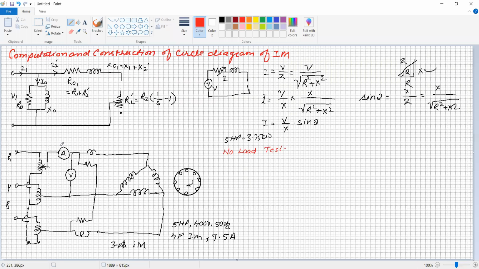In this no load test, the current will be very small, so we will take a 0 to 5 ampere range of ammeter. For the voltmeter, we are applying the rated voltage, so it is a 600 voltmeter, because a voltmeter is available as either 300 volt or 600 volt, since we are measuring the voltage between phase to phase. This is the auto transformer for varying the input voltage. There are 2 wattmeters to measure the three-phase power, W1 and W2.